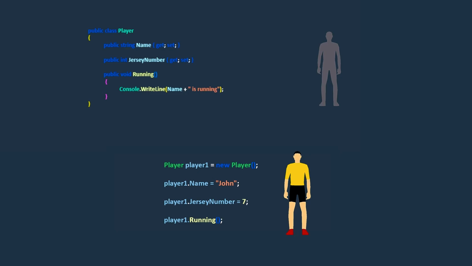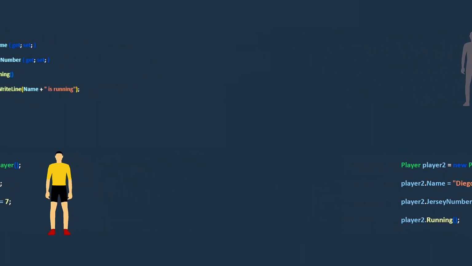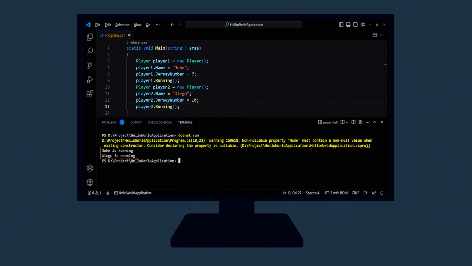For example, let's say we want to add another player named Diego. Okay, for better understanding, if we run these codes in VS Code, we'll see these messages in the terminal. These examples show how we can create multiple instances of the player class to represent different players with their own information and perform specific tasks for each player individually.